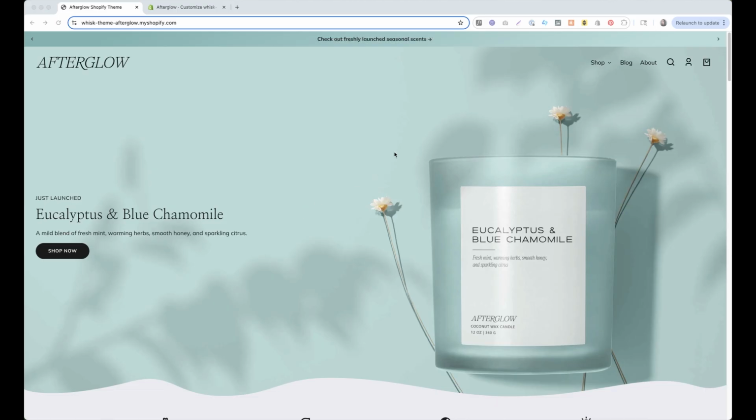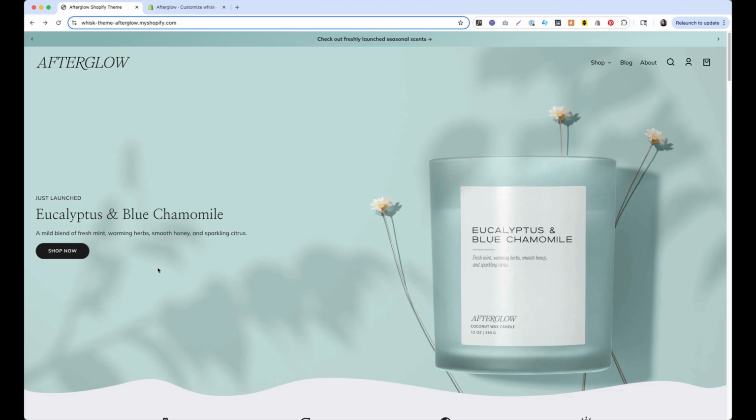This is an image banner and there's a background image, and we just have the header on top of it. This is a candle store for the most part, and we've got color associated with each scent. So I want to really drive that branding home by having a product page that emphasizes these colors